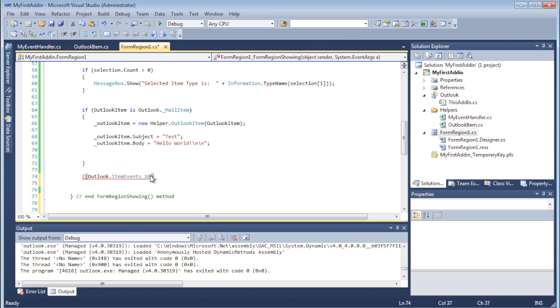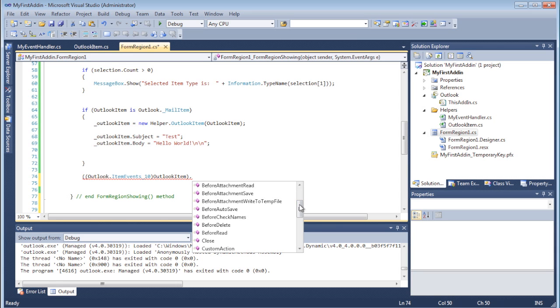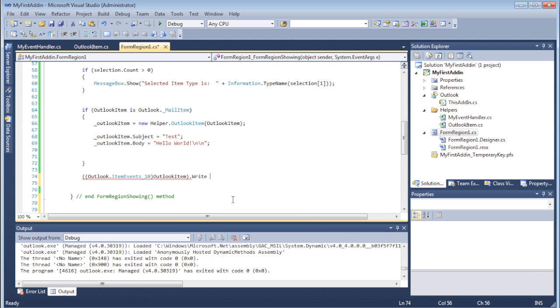Like that, and then I want to cast the Outlook item. Outlook item dot. And now we have all these events for an Outlook item: after write, attachment add, attachment read, attachment remove, before attachment, before auto save. Okay, that comes in handy sometimes. Close, forward, open. So every time I open something, read and write. So the write event is going to get wired up to the